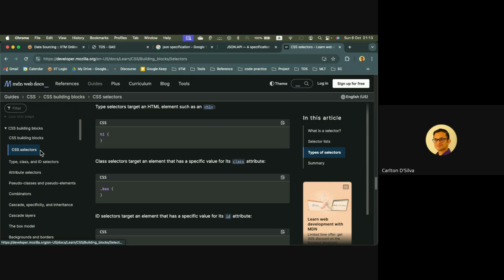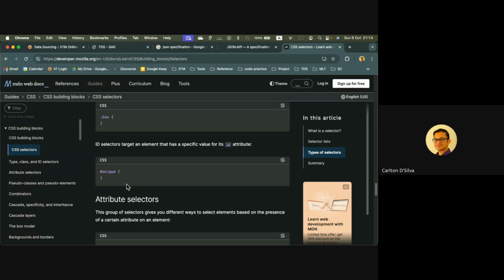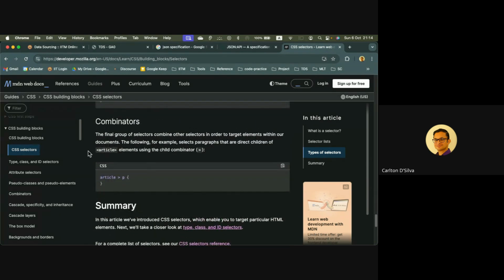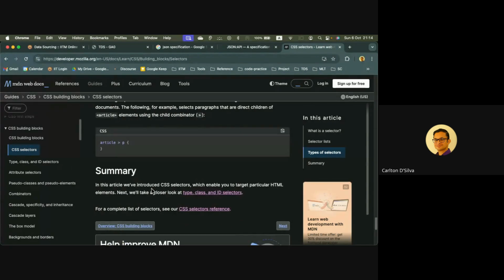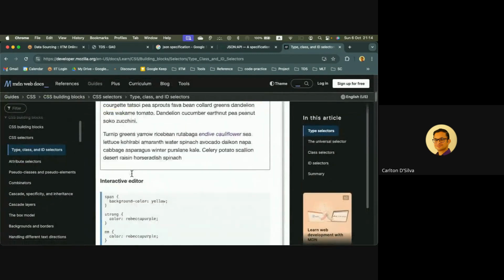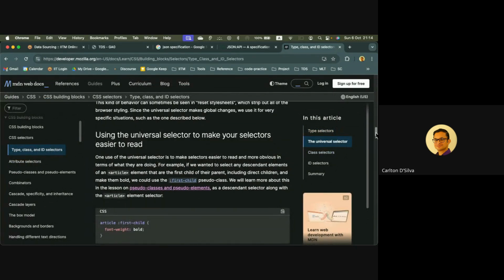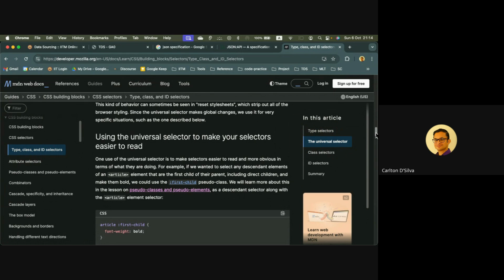So it explains what CSS selectors are, and then it goes through this whole process. And at the bottom, here's an example. How do you select? This selects the tag article, its direct children that are paragraphs. So that's an example of how it works, and it takes you through the whole process. It's not very lengthy or difficult to understand. It's actually very simple. I highly urge you, for the sake of your exams, your quizzes, and ROE, this section,